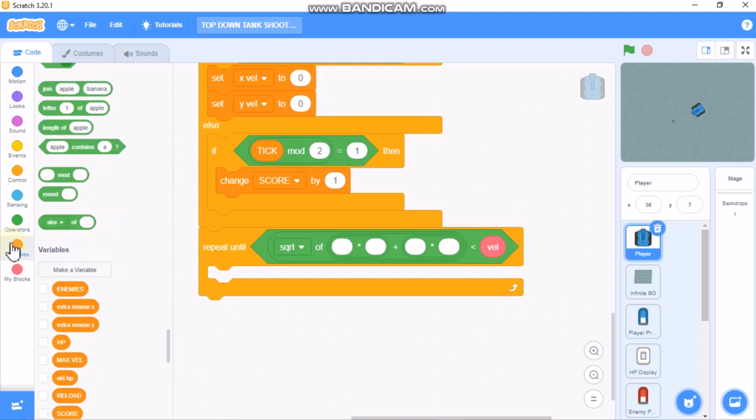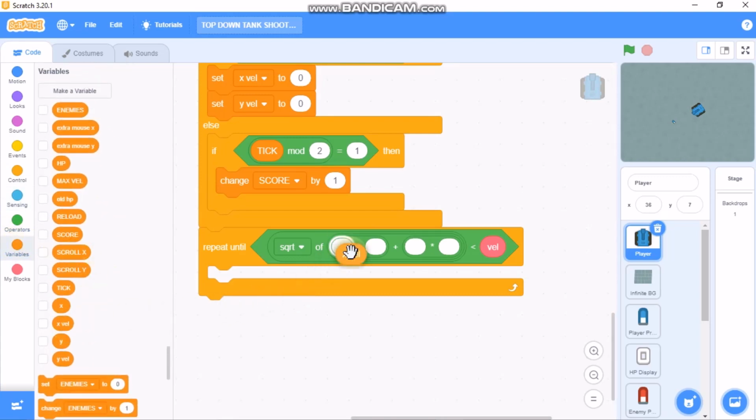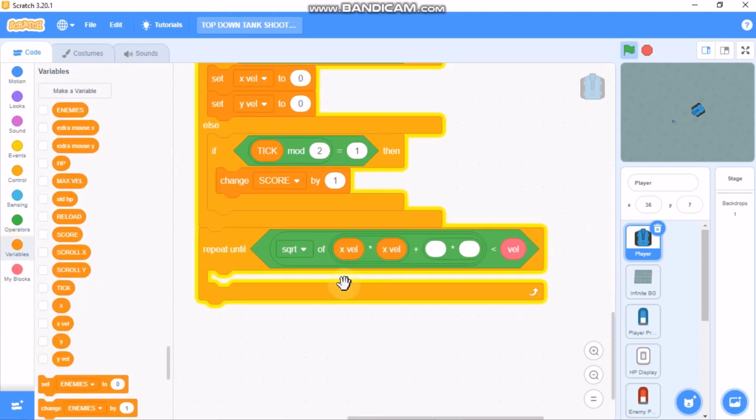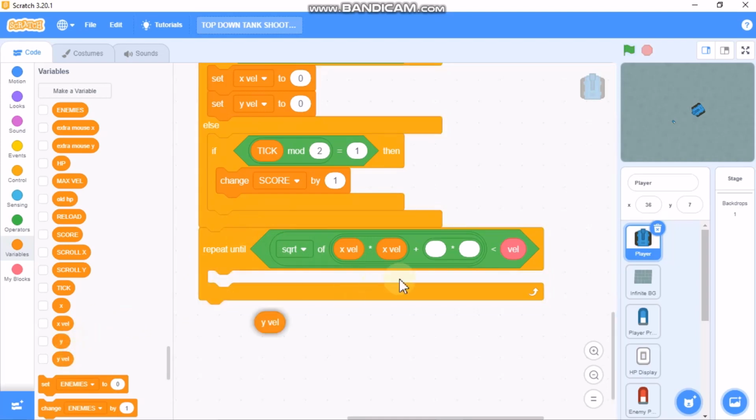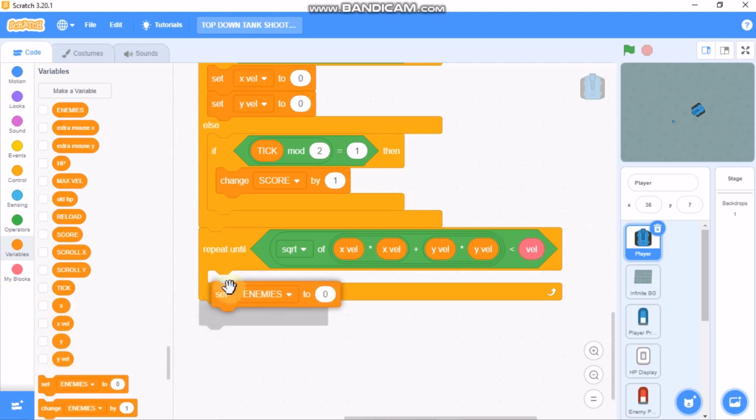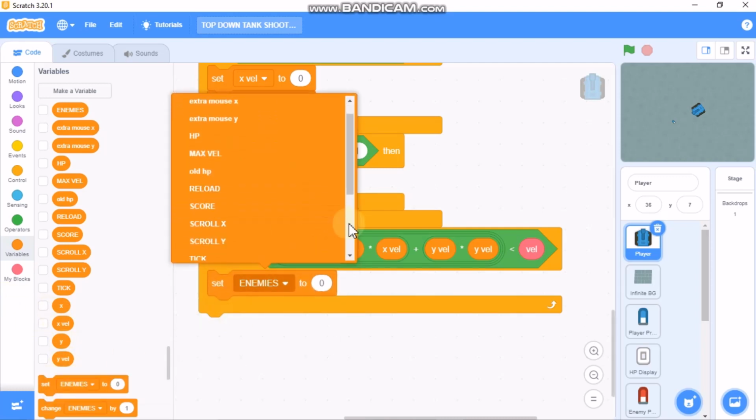So SQRT of xvel times xvel plus yvel times yvel is lesser than velocity. Then we need to set our xvel